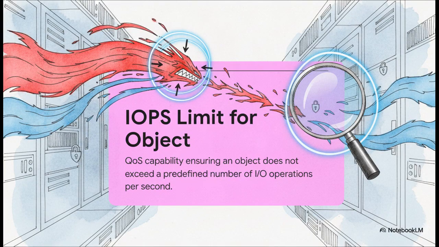To finally fix this headache, vSAN brought in the IOPS limit for object capability. This lets you slap a strict quality of service limit right onto the VM's storage policy. Got a runaway VM? You can firmly lay down the law and enforce performance boundaries. If it tries to push past its IOPS limit, vSAN just smoothly throttles the I/O right back down below the threshold, keeping the rest of your cluster perfectly safe.